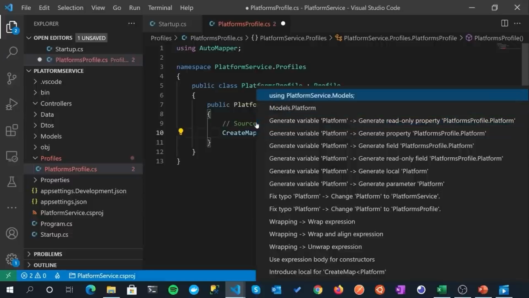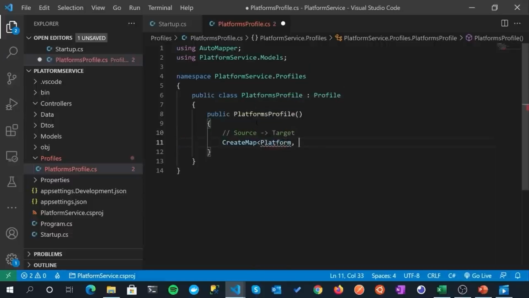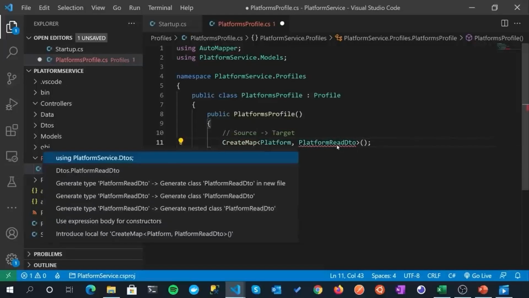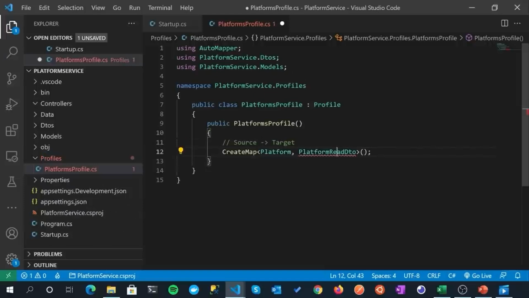So using PlatformService.Models, and then our target is PlatformReadDto. Close off the angular brackets and end with a parenthesis and a semicolon, and we'll just bring in that namespace. So again, just to reiterate, this is servicing our reading scenario. The source of our data is our platform model, and the target is our platform read DTO.